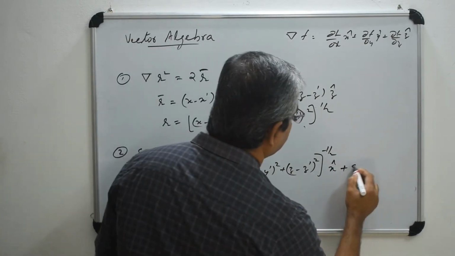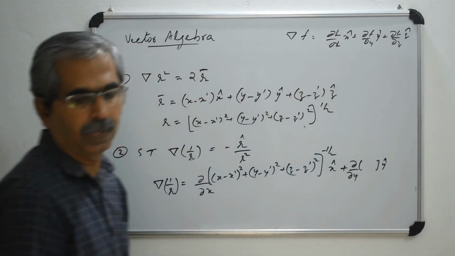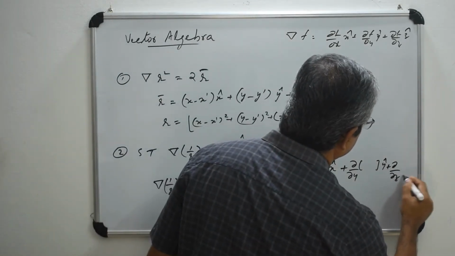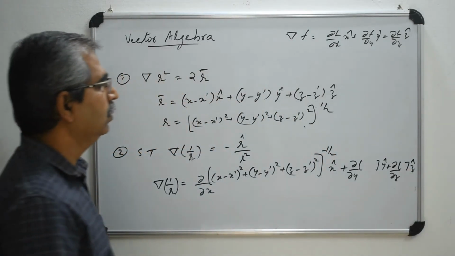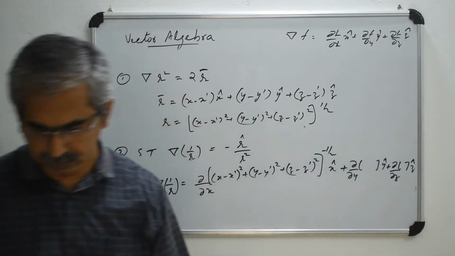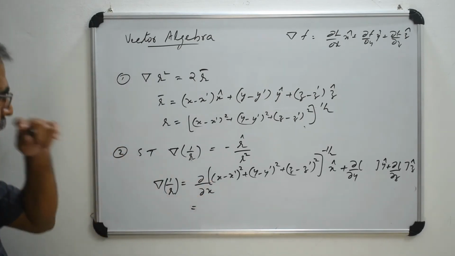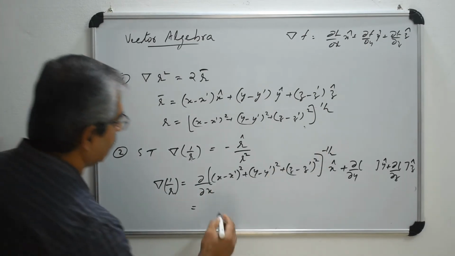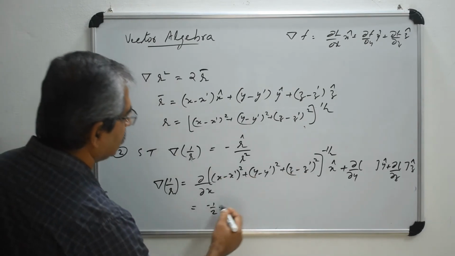Plus dou by dou y of the term into y cap plus dou by dou z of that term into z cap. Okay, so the same thing is there. The same bracket will be repeating at these two positions. Now what will be the value then? This is equal to, so this is taken as x. So x raised to minus half. So this will be minus half into this term, that is